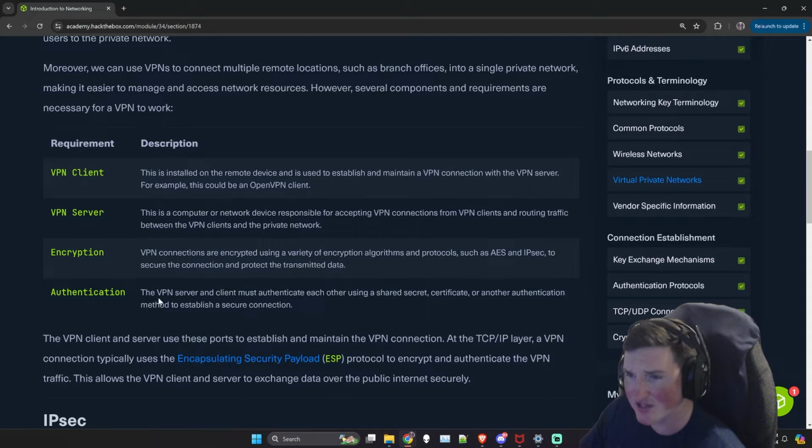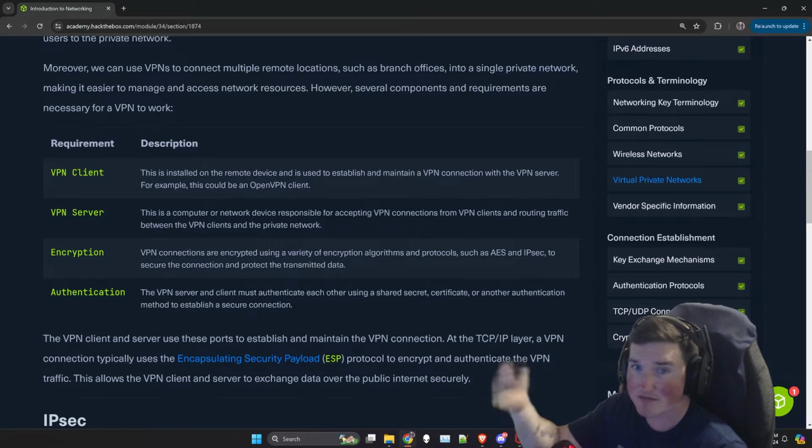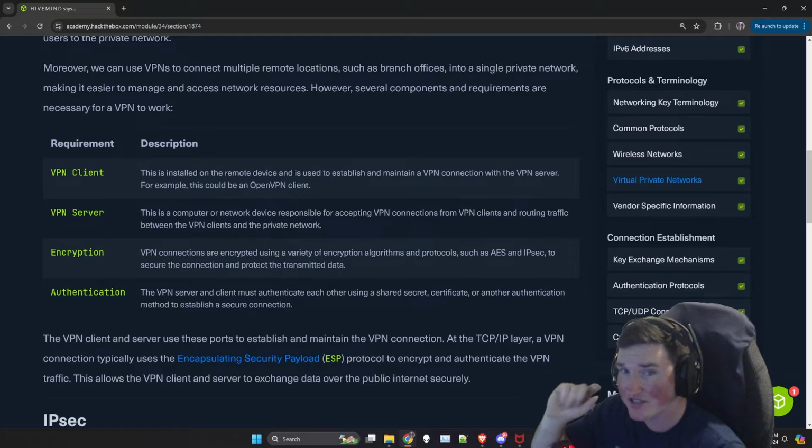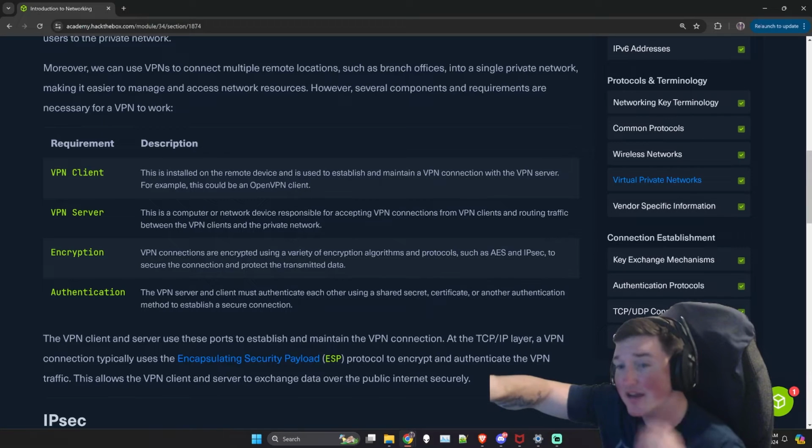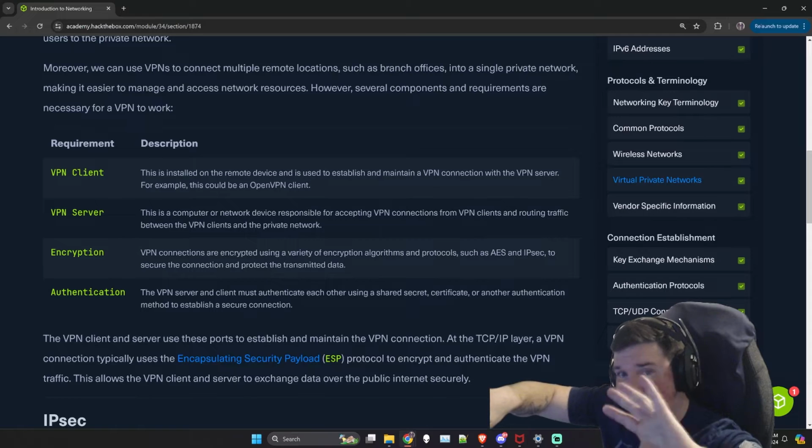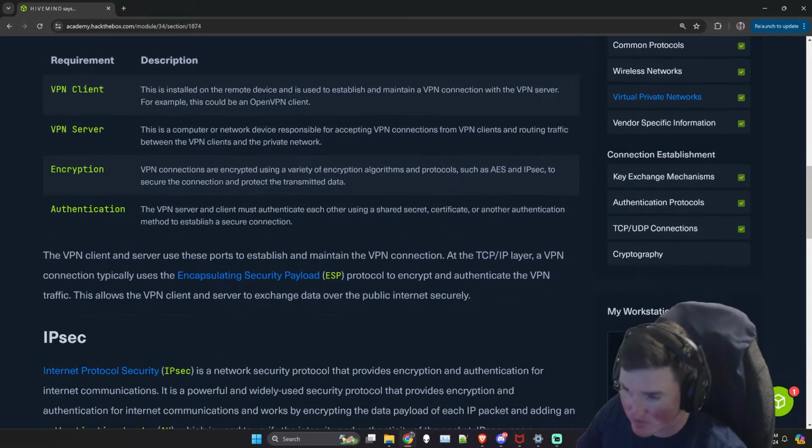And then authentication. A lot of people get encryption and authentication confused. It's separate. What I mean by that is I might say my username's stuffy, my password's stuffy, right? That's authentication. I'm authenticating, and they will validate that. Then when they say, okay, that's valid, the authentication piece is done. Now let's encrypt the traffic. That's a separate thing, so keep that in mind.